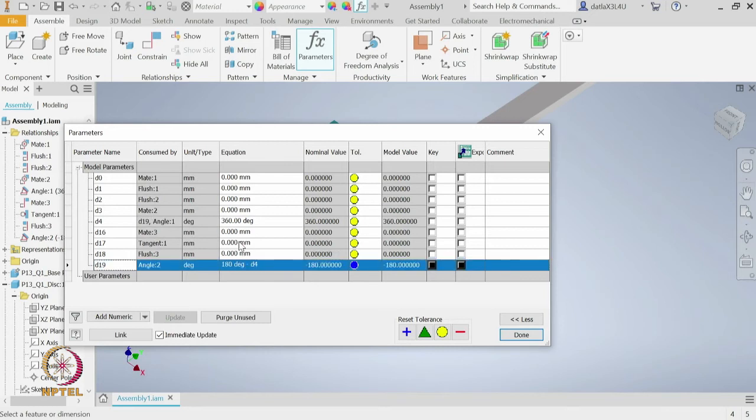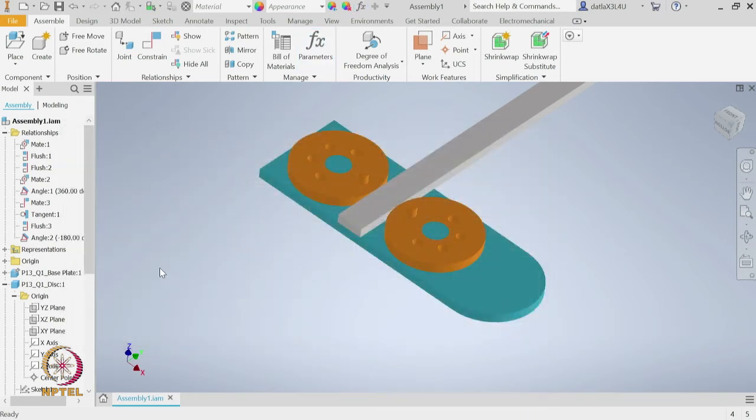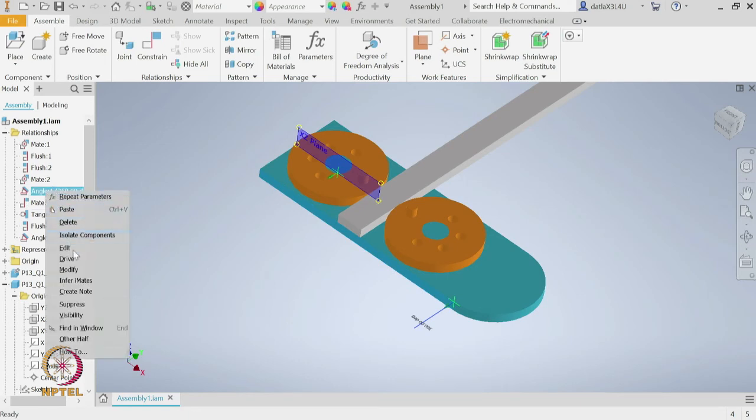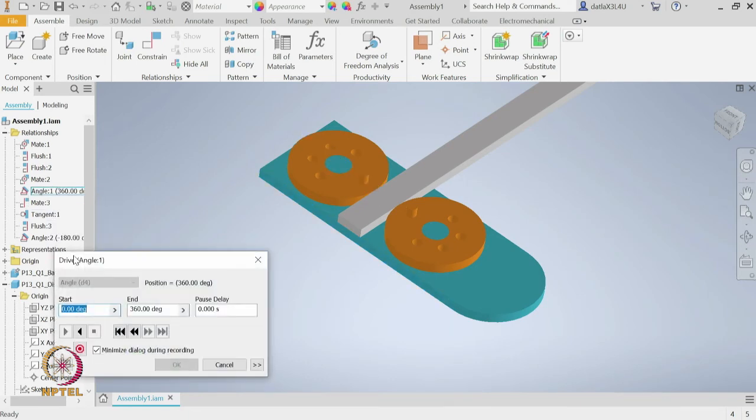So, let us say done, and let me check how this works out. Again I go to angle 1, right click and say drive, and then see how this animation works out. Now, we see when the first wheel is rotating, even the second wheel is rotating. As we expect, they should be rotating in opposite directions.